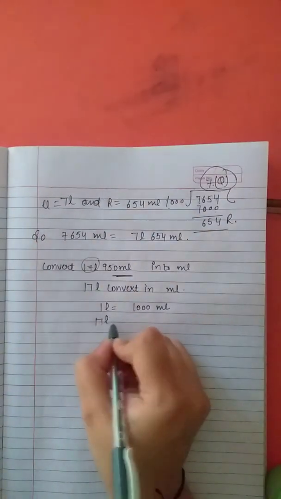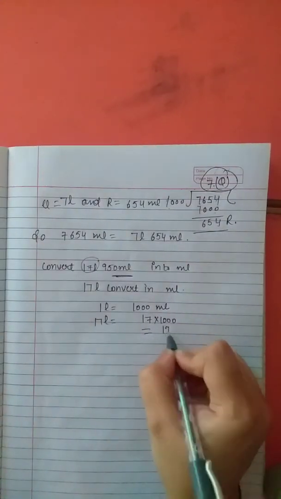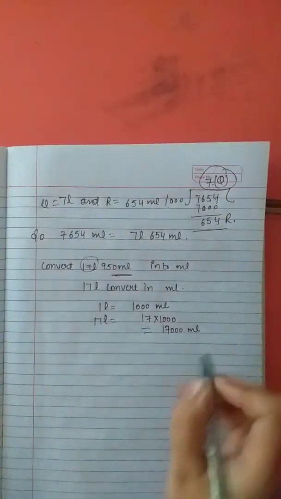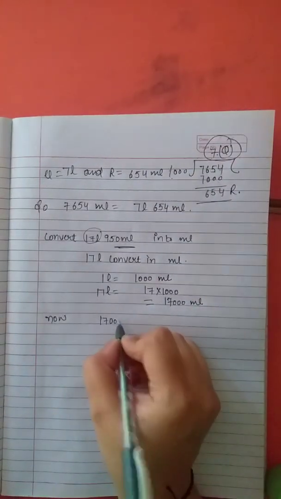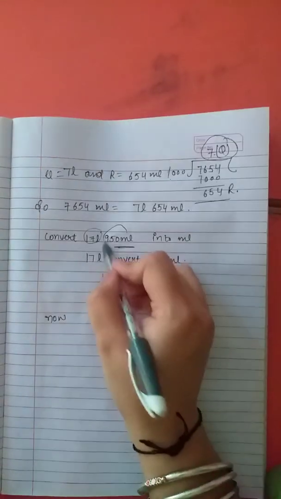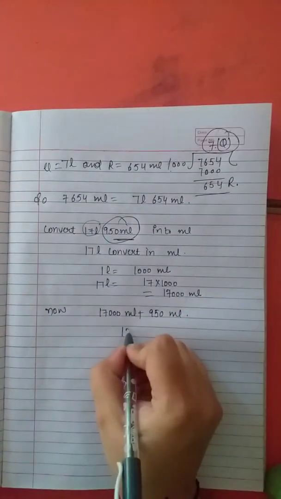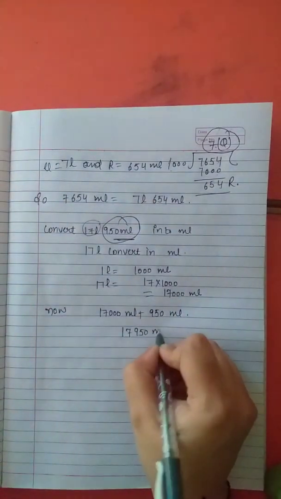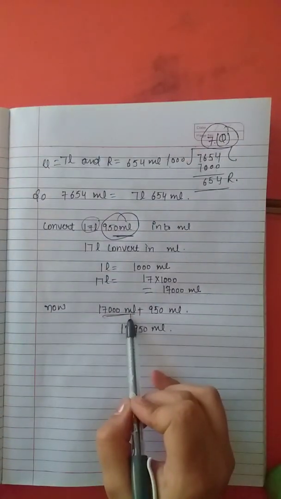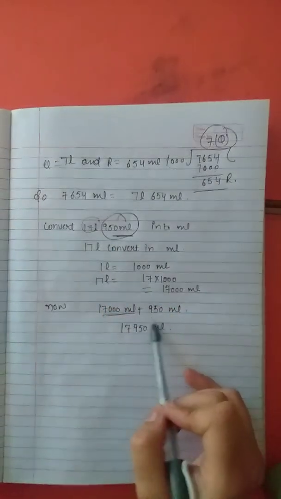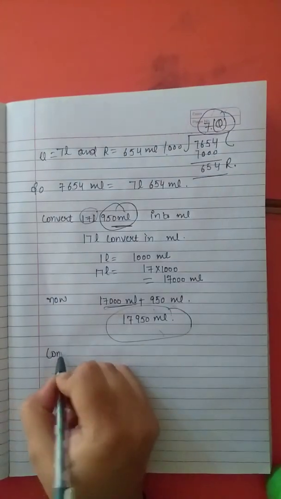That means 17 liter is equal to 17 multiplied by 1000, which is equal to 17,000 milliliter. Now 17,000 milliliter plus 950 milliliter. So the answer is 17,950 milliliter. Next one is convert